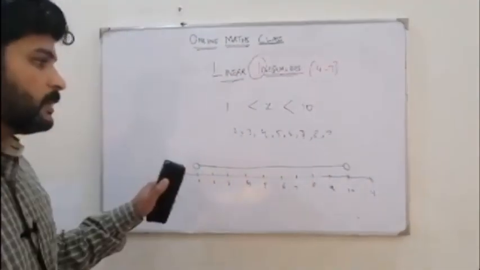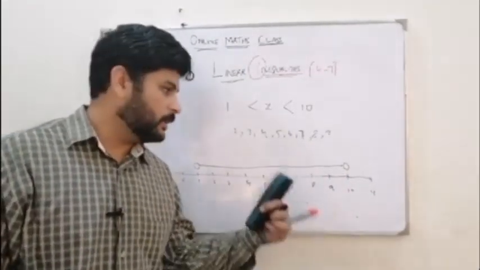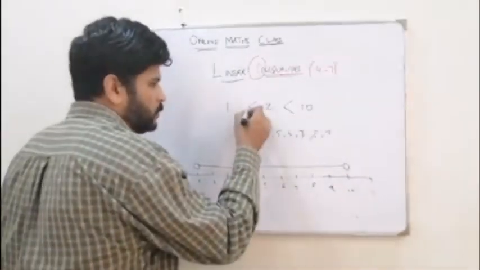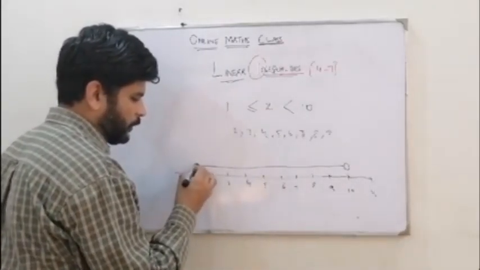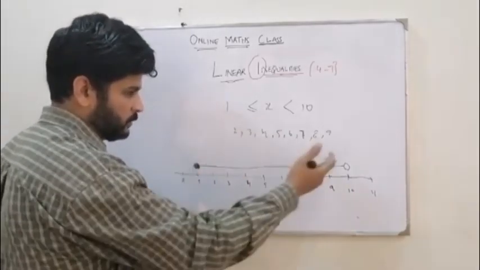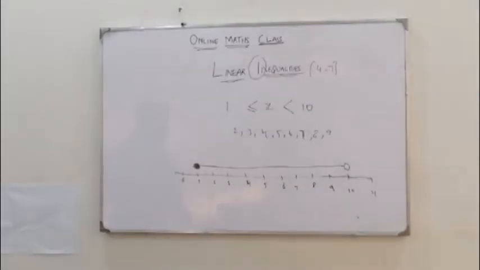So the hollow circle shows that these two numbers are not included, while the solid circle shows that these two numbers are included. You might get 1 equal to 1 without equal to. So make one of the circles solid, which has equal to, the other one is hollow, right? So are you clear about the inequality concept? Any problem till now?